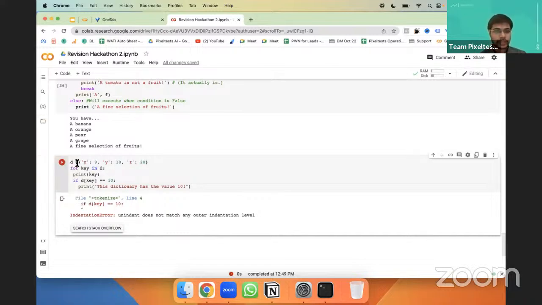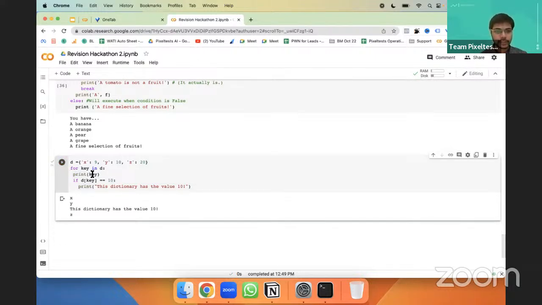So now you can see that here the dictionary is there, which has 3 key pair values. For the key in D, we're going to print the key, and whenever the value of the key is equal to 10, then we are going to say we found 10, right? So I'm going to run this. Now first, the key x was not equal to 10, so this statement did not run.